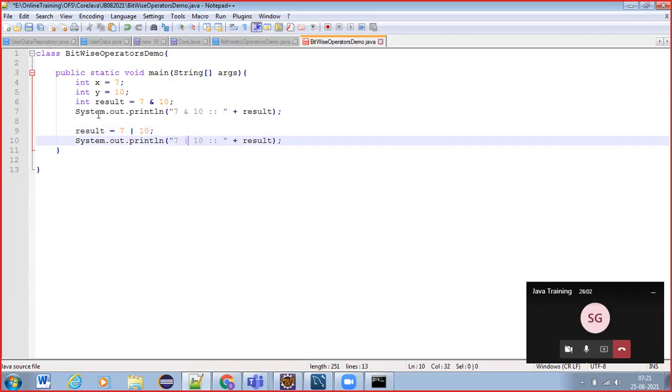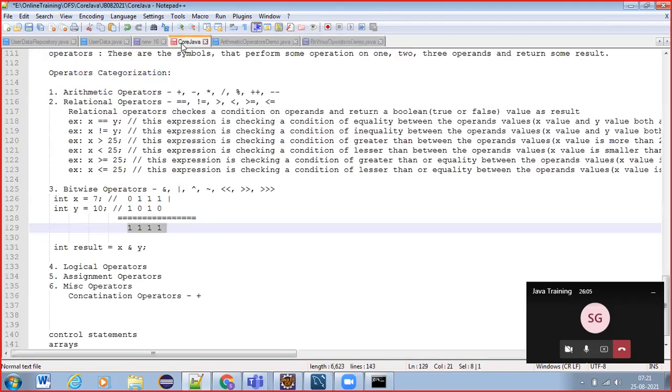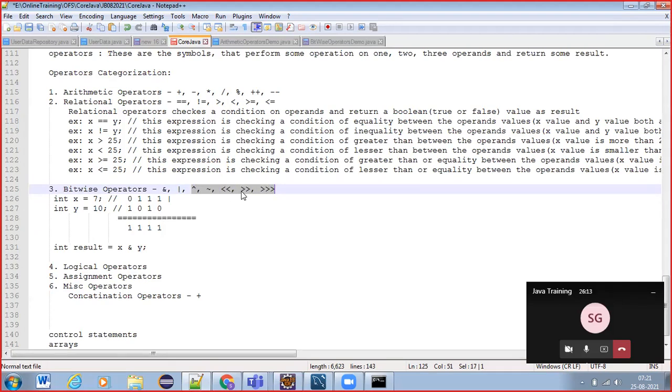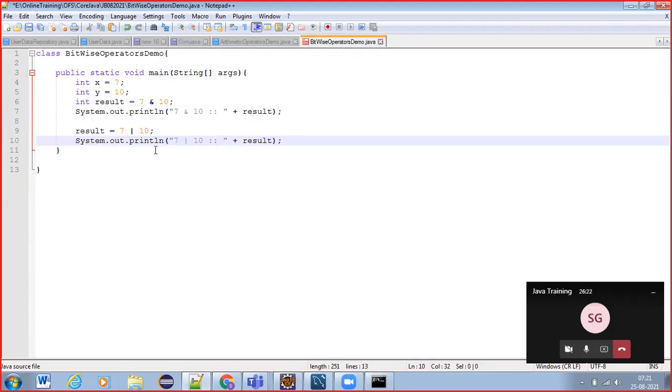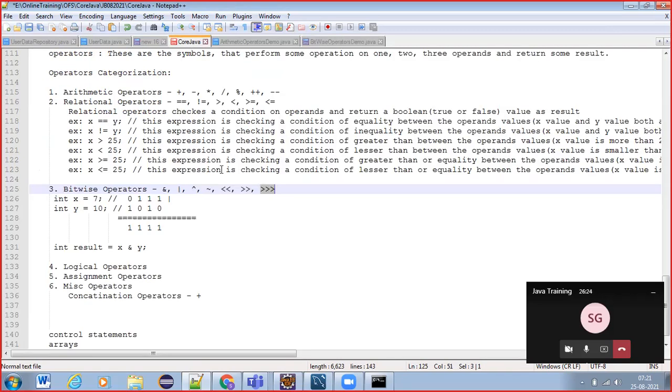In a similar way, we can experiment with all these other operators also. Exclusive or, negation, bitwise left shift, bitwise right shift, and bitwise right shift with zero fill. This one moves the bits towards the right and fills all the remaining bits with 0 on the left side.